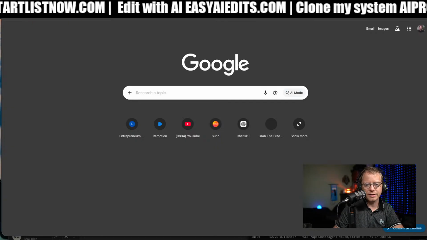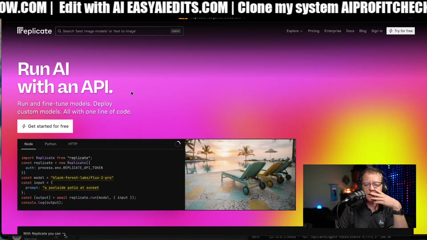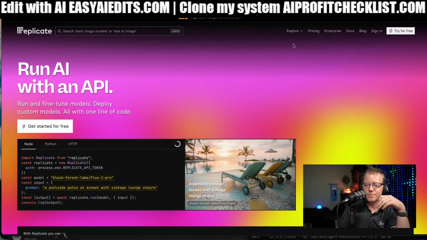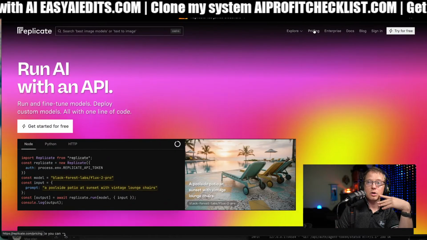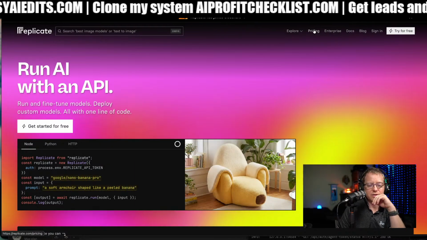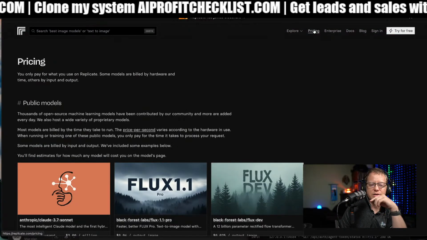So this is Replicate. You could run AI with an API. So you could add their API, and if you know anything about Replicate, there's a lot of models that you could just run, even ones that you potentially would be running locally, you could just run them and it just charges, say their pricing is